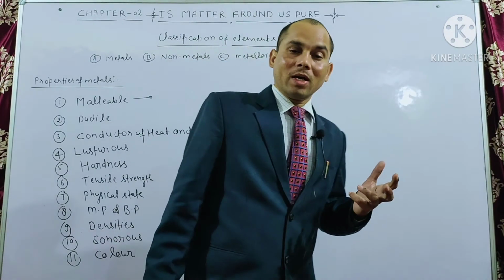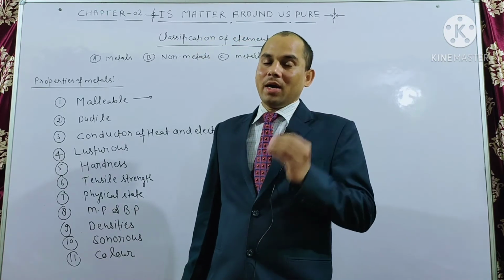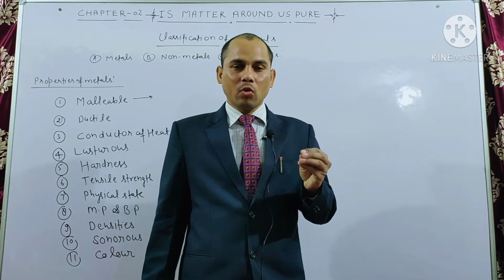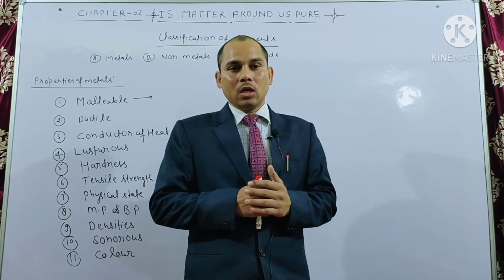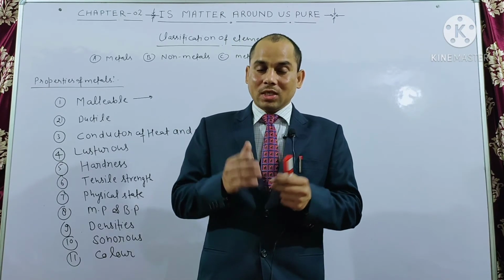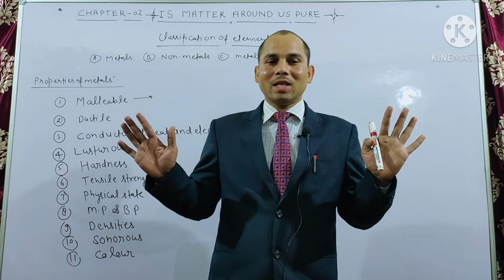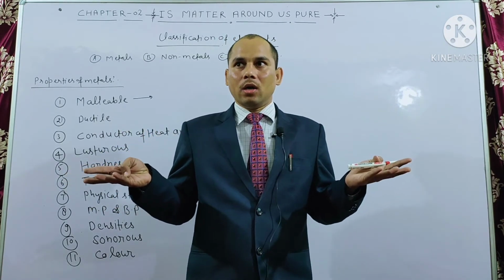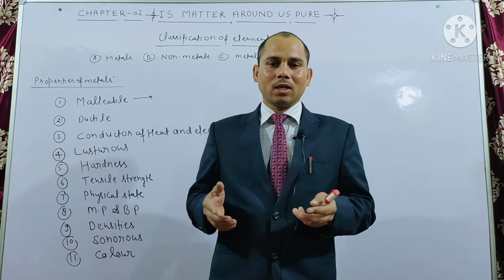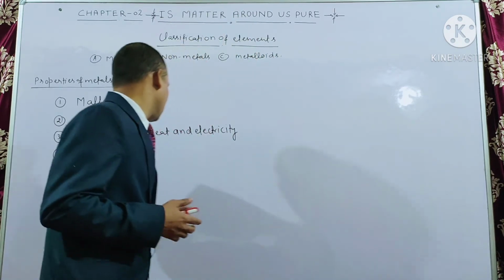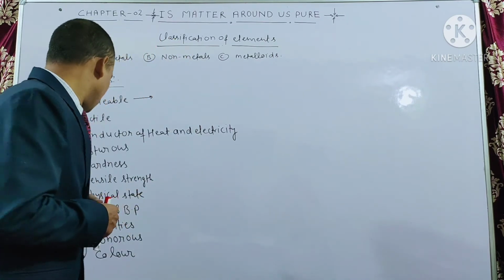Generally most of the metals are hard, right? They are present in the solid state. They are hard metals, except a few metals like sodium and potassium. They are very soft metals, so soft that they can easily be cut by a knife. But most of the metals are hard, like iron, copper, aluminum, chromium, cobalt, nickel, etc. Only a few metals, sodium and potassium, are very soft metals, right?